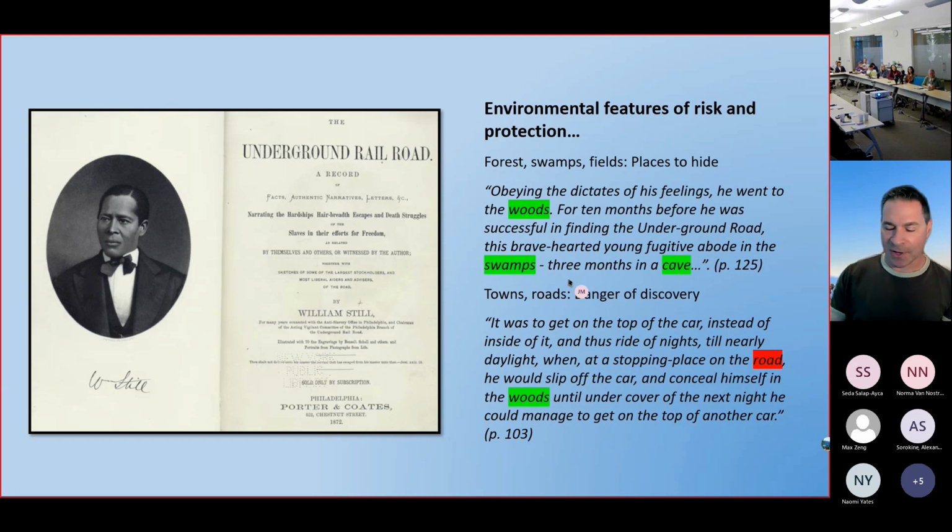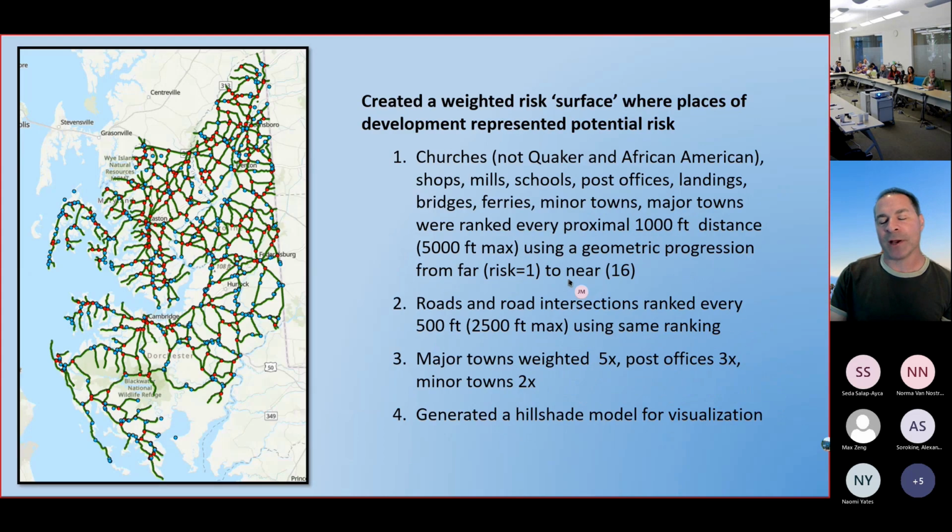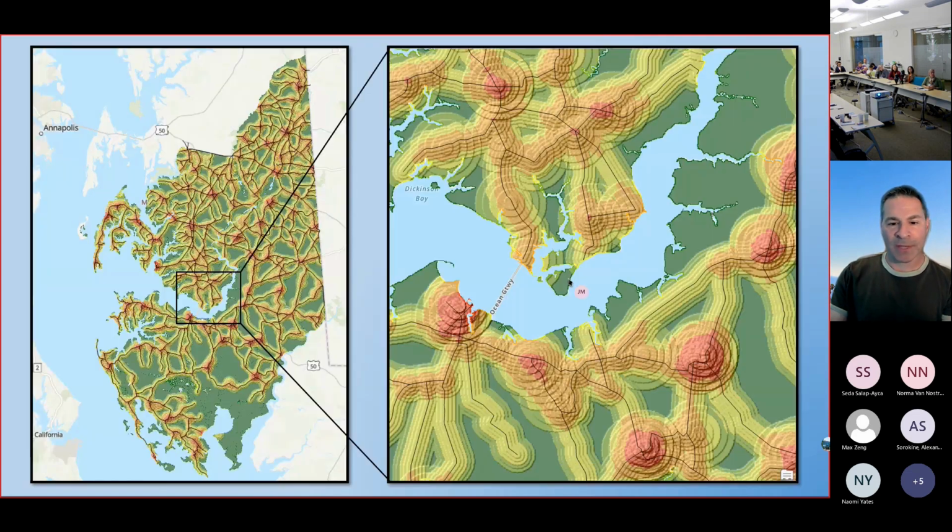Incredible stories in this book. And that's basically where I derived some of these forces of protection and risk. And I'm going to skip ahead a little bit just to show you that